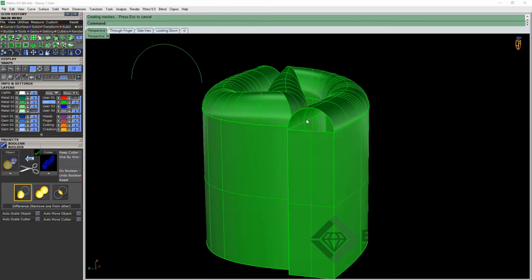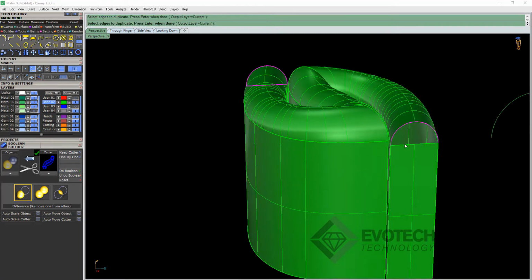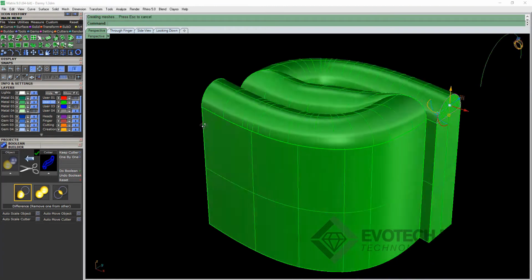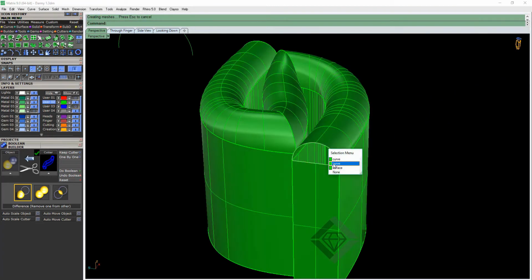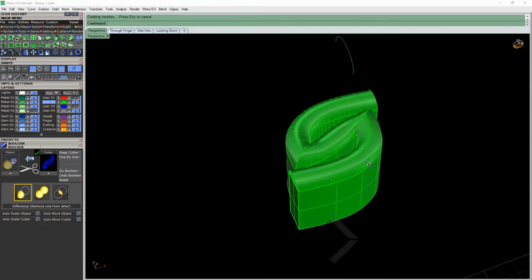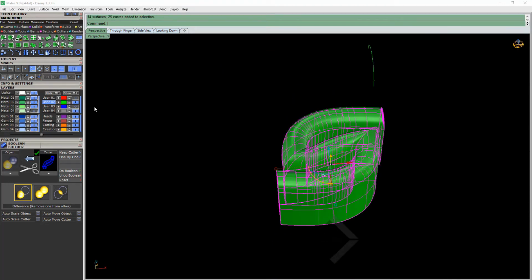Same thing, we want to create a patch for this one here, so back to curves, duplicate the edge. I'm going to duplicate that edge in there, and that one there, and hit enter. Make sure you join those up, and we'll grab just that curve and back to surface and patch for that. Same thing for this guy here, and patch for that. You want to grab all of that stuff there and hit join,